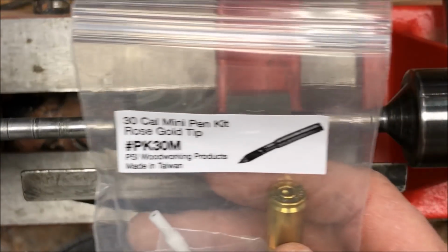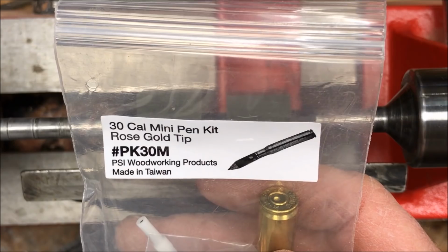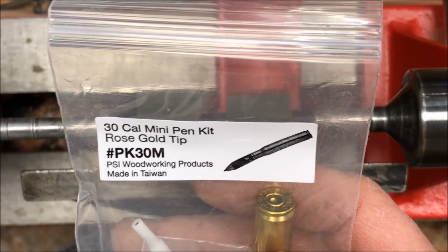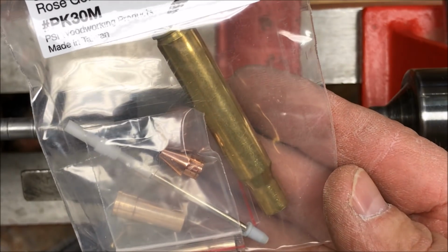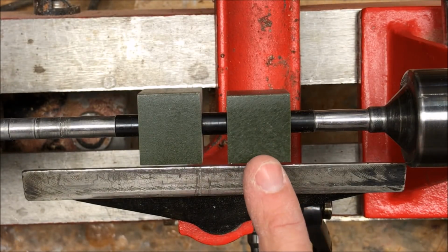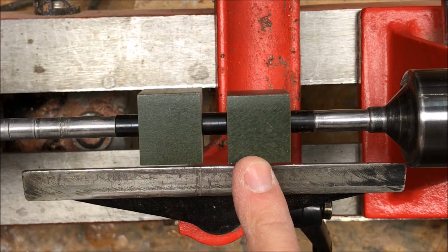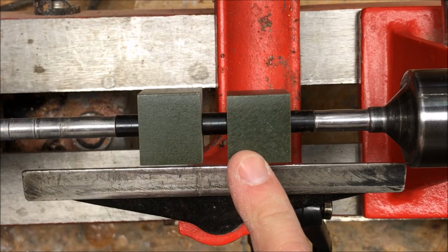I had a request to make 5 of these 30 caliber mini pin kits. They're from Penn State. They are part number PK30M, and they use an actual 30-06 shell casing for the pin. Now the colors they requested were Army Drab Green. I needed 2 pins in Army Drab Green, 1 pin in Navy Blue, and 2 pins in black for the